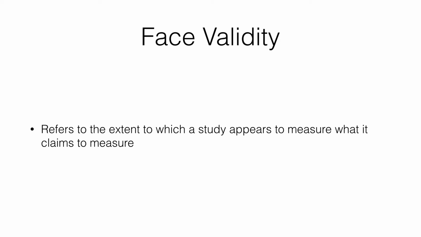However, we then realised that we didn't actually consider the impact of participants not eating when they were watching the film. The film was 2 hours long and they didn't eat for the entire time. So this has now caused their blood glucose levels to lower, which we now realise also affects cortisol levels. That will raise the cortisol levels. So our measurement of cortisol levels, although on the surface it appeared like we were measuring stress, might have actually just been measuring blood glucose levels. So that actually has low content and low internal validity, but it has high face validity.